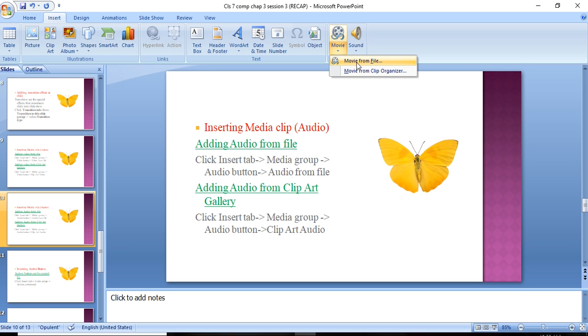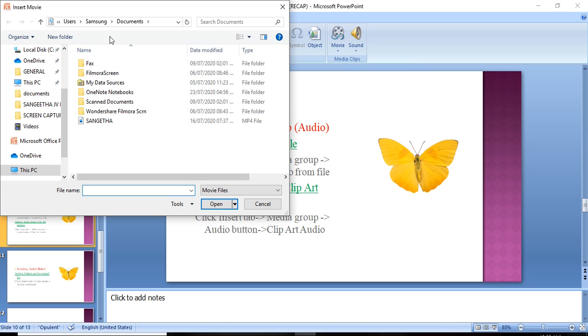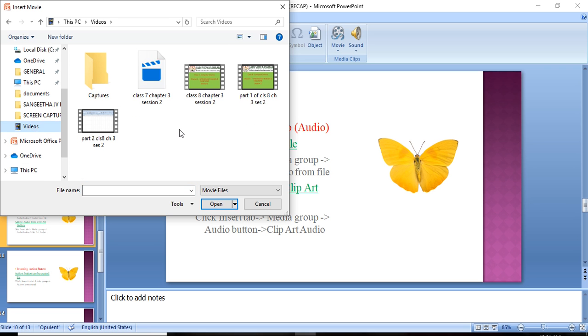To select the movie from file, click on this movie from file option. You will get this insert movie dialog box. You select the location in which you stored the movie files or video files.